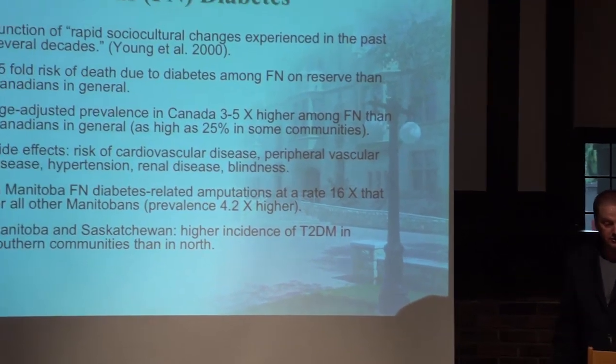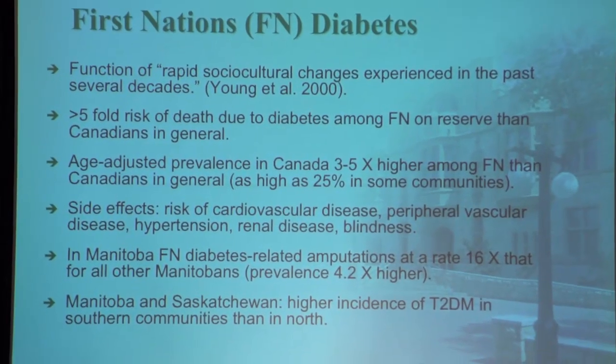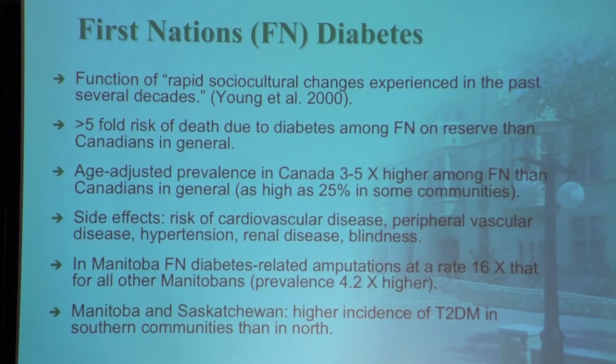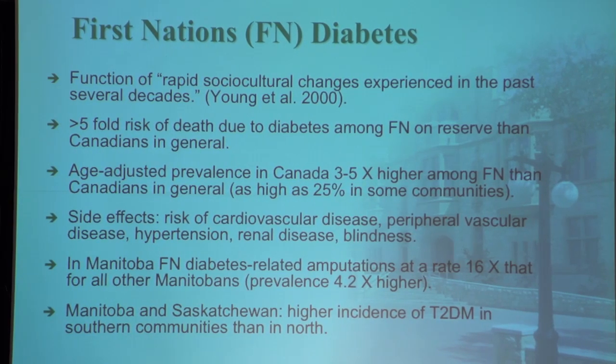So what happens with diabetes in Saskatchewan, overall in the First Nations population and to a lesser extent in Inuit populations, is a function, as Young, who is my postdoctoral supervisor, noted, of rapid social and cultural changes. So again, we're looking at changes in culture and changes in economies experienced in the past several decades. He's writing in 2000, probably since about 1970. There's a greater than five-fold risk of death due to diabetes among First Nations on reserve than Canadians in general. So again, there's that inequity that we have to deal with, but the idea is that